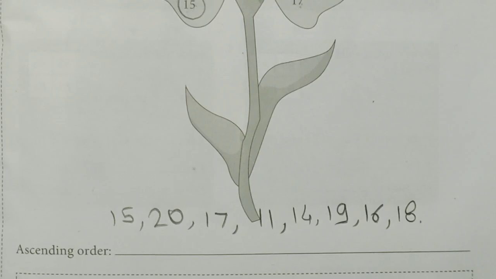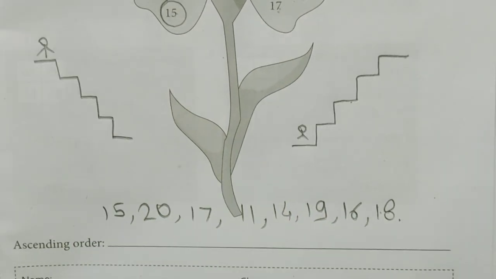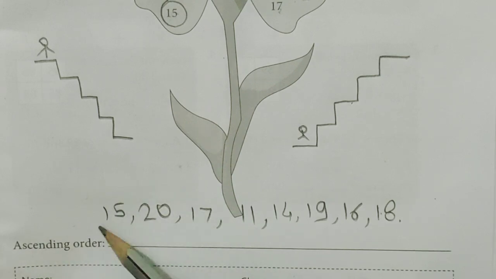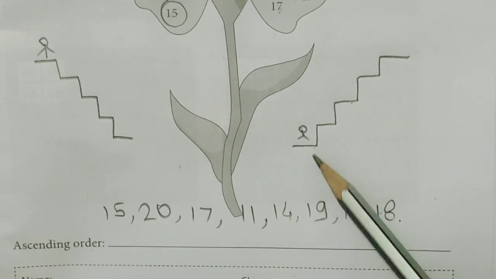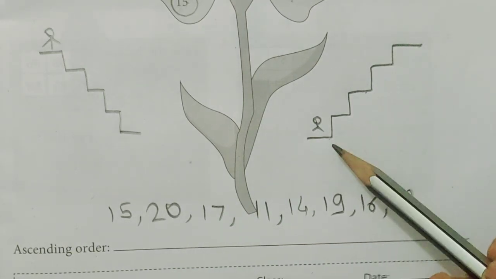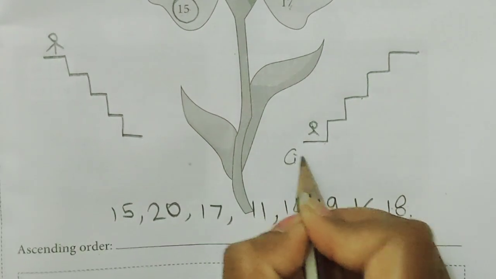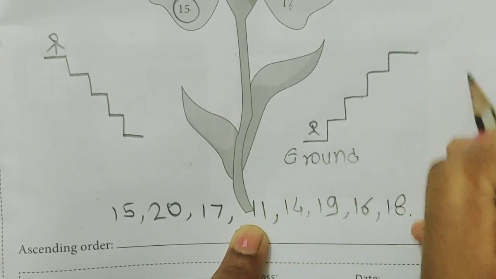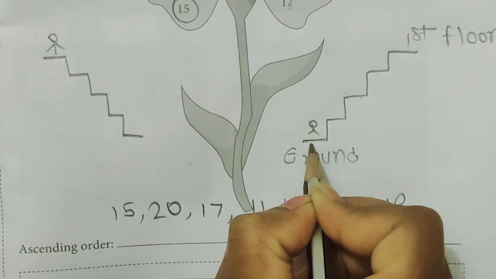Now we have to arrange these numbers, which are the biggest numbers, in ascending order. See here, you have to arrange these numbers as per the ascending order. Now see here, ascending order and descending order. With a simple example I will try to explain that. You see steps, that means a staircase. When we go from the ground floor to the first floor, what do we say? We start from the ground level.